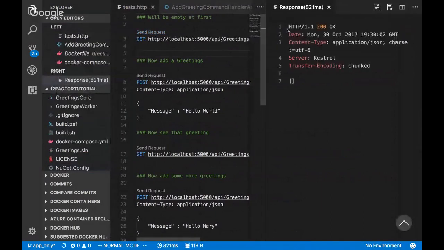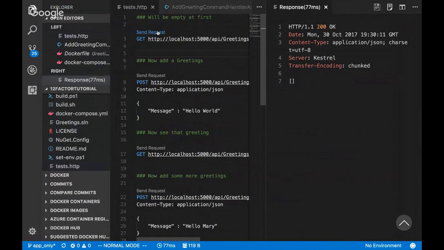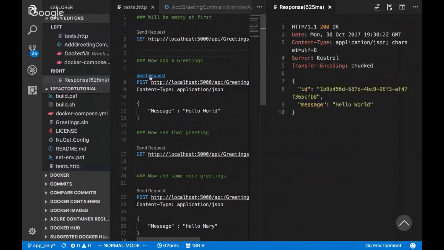Okay, and as you can see, it's come back and said okay, and there's nothing in the list as yet. It took 821 milliseconds. Now, if I do that again, you'll probably find it's a lot faster, 77. That's because when I hit that endpoint for the first time, it's going to do some compilation in the background. So now I'm going to add a greeting, and I get the response back saying this greeting